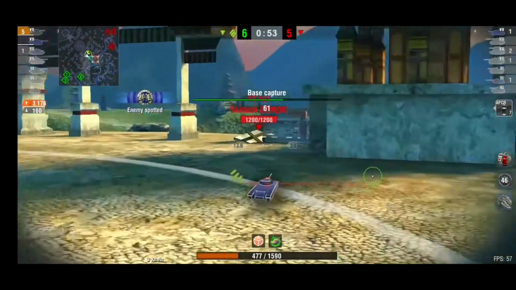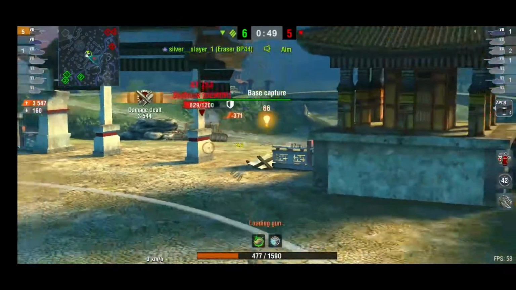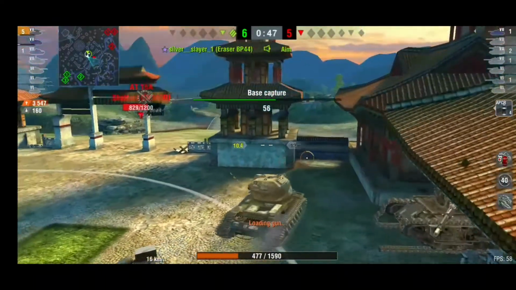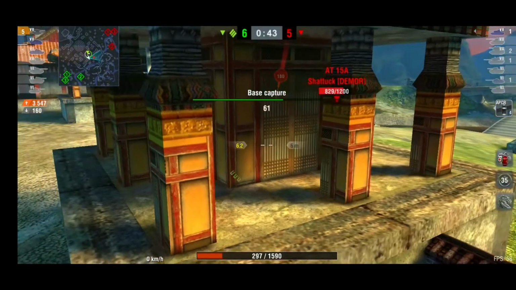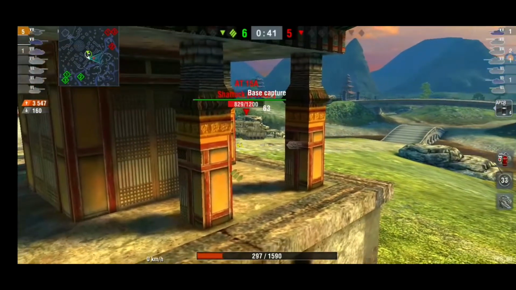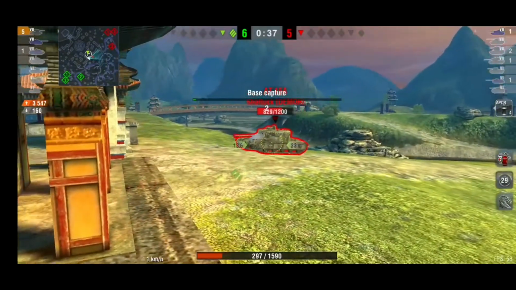And Patu's done the right thing. He's sat behind the rock, he's looking out to the weak exposed side. The AT-15 is pulling up in the middle, he gets some nice shots into him, and unfortunately takes one in return, which puts him down to 2 shots now for that AT-15A. And I mean, if Patu misses a shot or anything like that, this AT-15A,